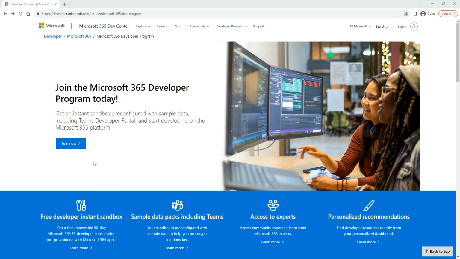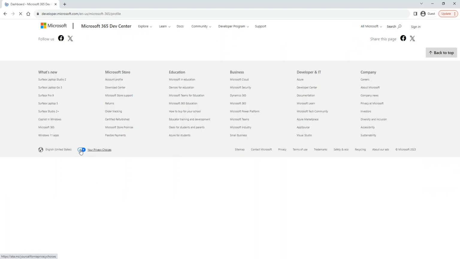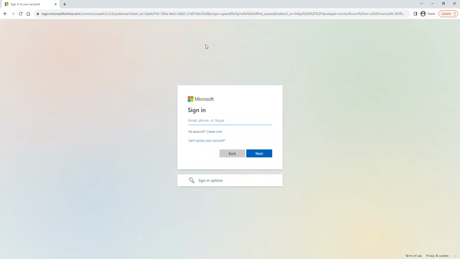Okay, so now all of us who didn't click on join yet can click on join now, which brings up this page for me, for example.